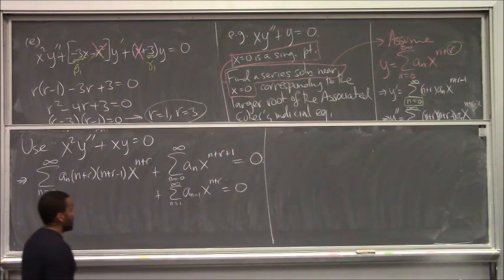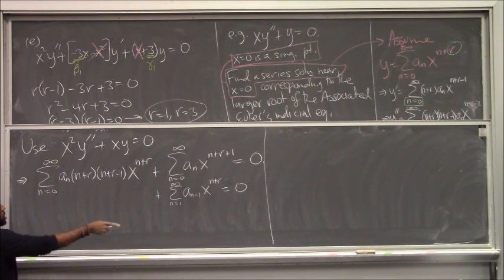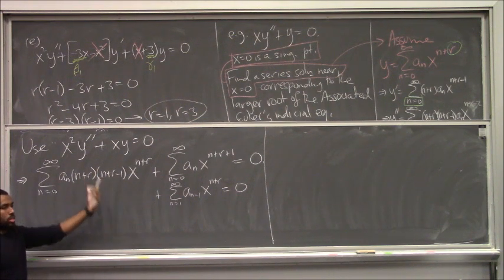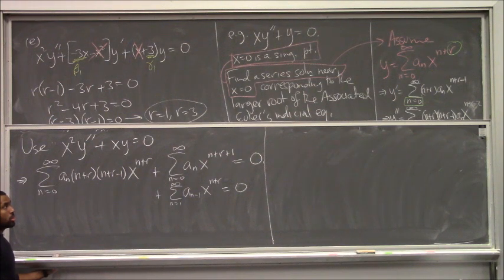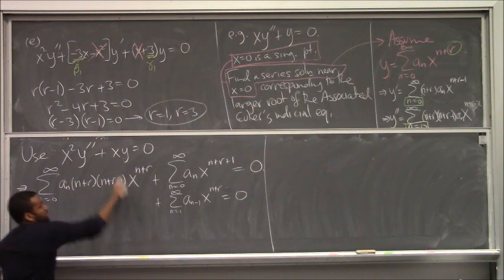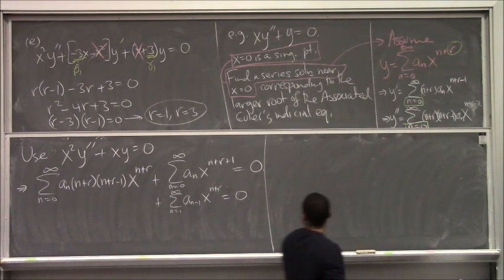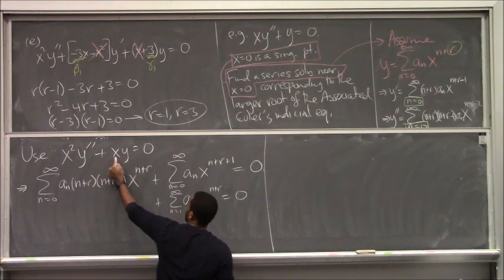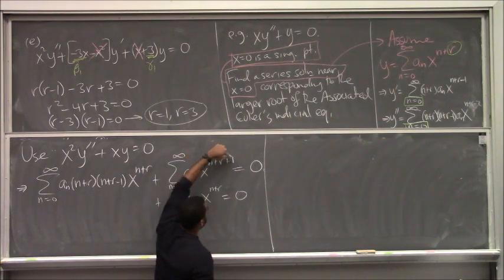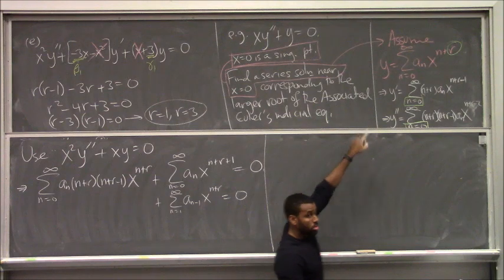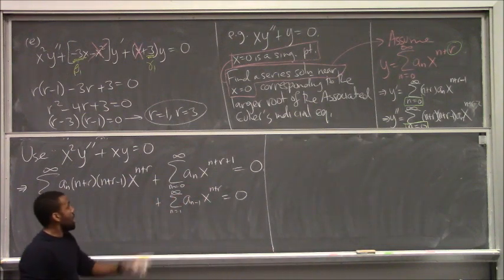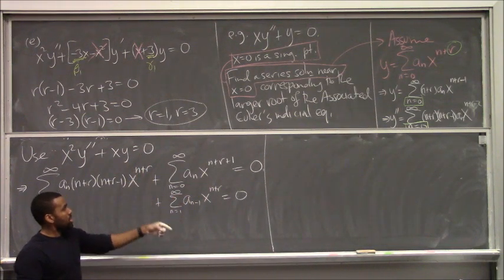And in order to get this one to start at 1, I can't just bump it up to 1 without worrying about it, because there's the r there. Before we go on, could you explain the n plus r plus 1? y is equal to a_n x to the n plus r. I have x times y, so that x comes in and adds 1 to the power. I want it to look like the power n plus r, so right here I'm going